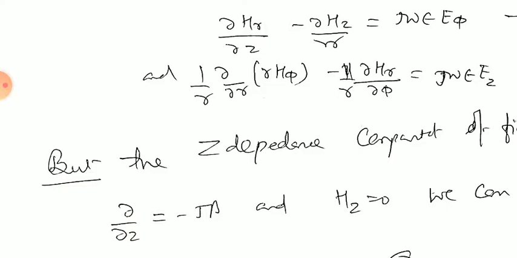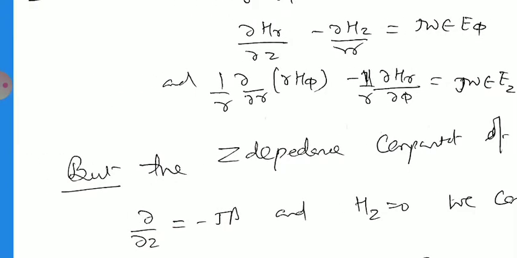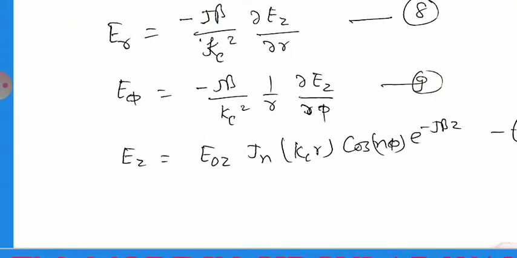But the z component of the field is given by e raised to power minus j beta z. So del by del z can be written like this, minus j beta, and Hz equal to 0 for the TM mode. So substituting these two values and rearranging the equations like the TE mode, Er equal to minus j beta by kc square multiplied by del Ez by del r, E phi equal to minus j beta by kc square multiplied by 1 by r del Ez by del phi, and Ez we have given like this,